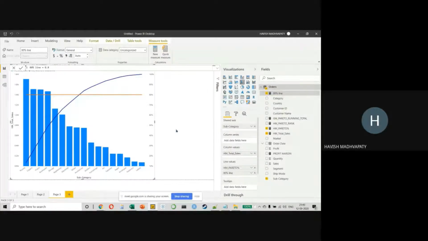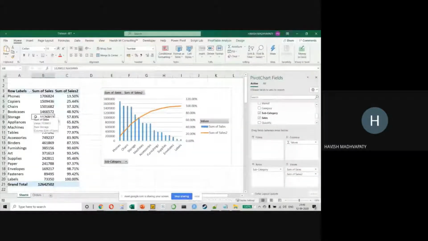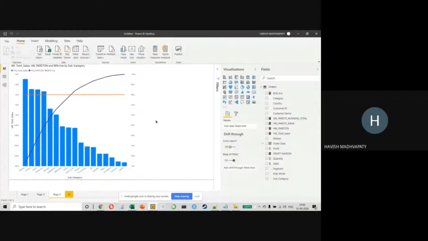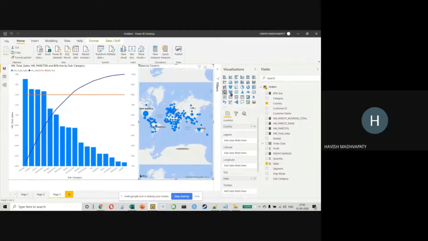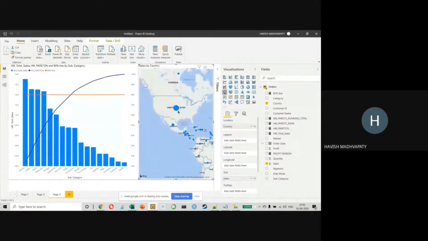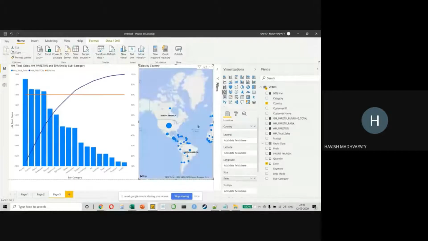But again, coming back to the question, why is it so important? Because in Excel, you're limited by Excel's capability. You can't do other things with it. But on Power BI, I can do wonderful dashboards. For example, I can, let's say, put a country and a sales, and I can put it as a map. So I can see all the countries in the world here. And if I click on United States, my map and my Pareto are interlinked with each other, right? And that is what makes Power BI much more powerful.